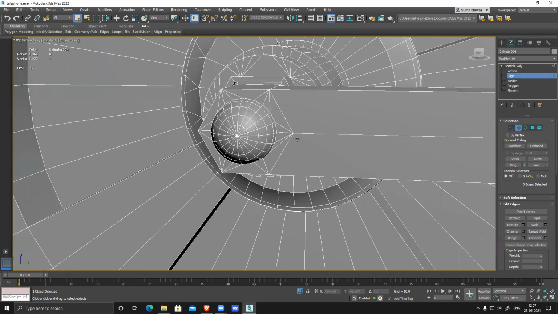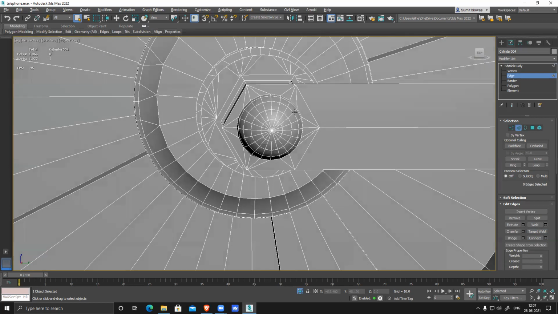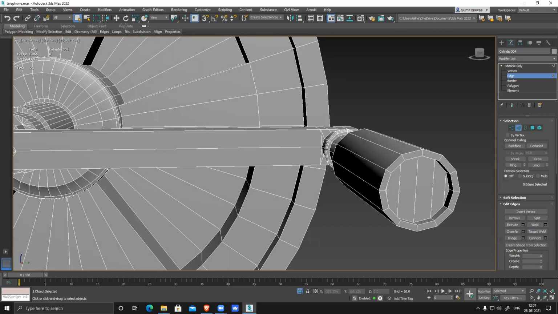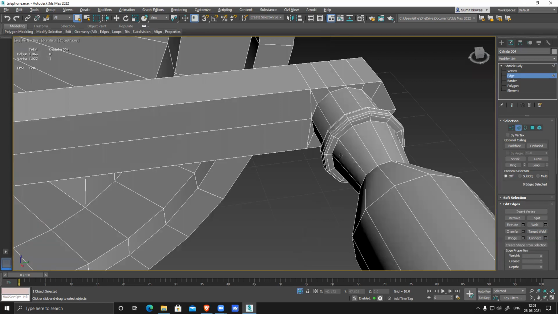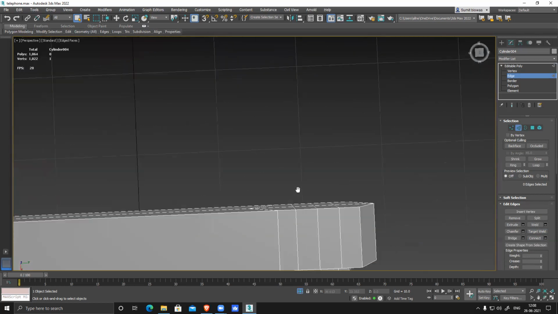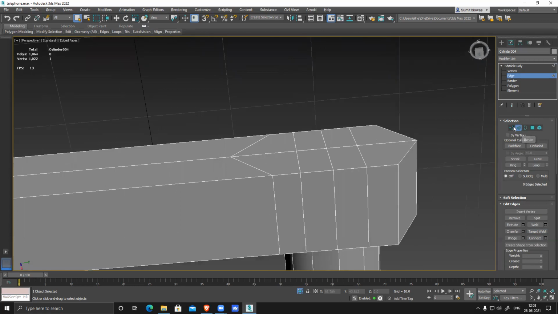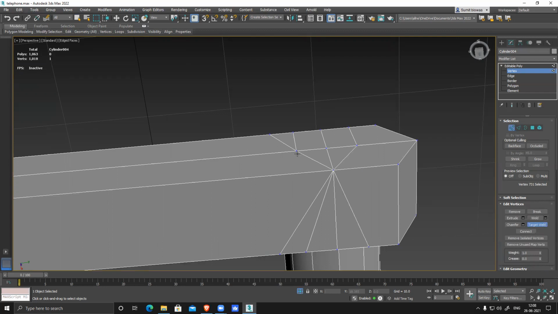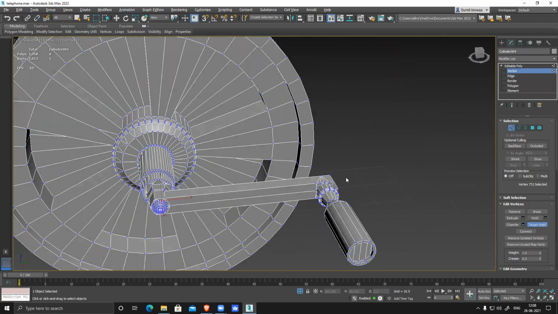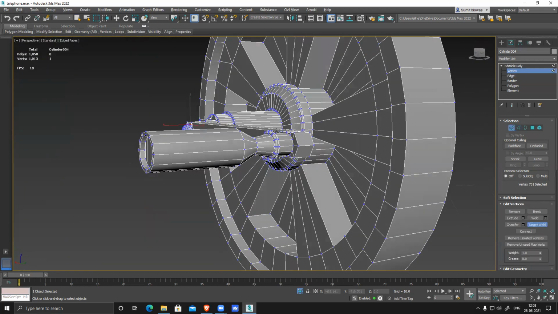Then this is in a way fine. This is correct. There's no problem. This looks nice also. Just here it was floating, so I pushed it inside. Now this thing, you can see the same thing here. In vertex mode, target weld. This is not required. I can weld it here. So I can reduce that, right? Like this, I can optimize.